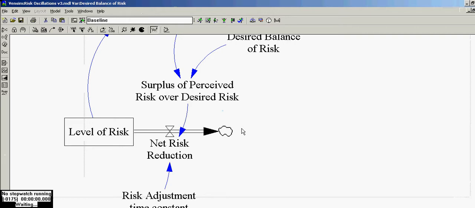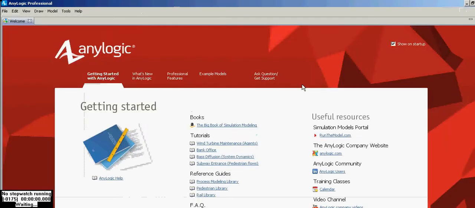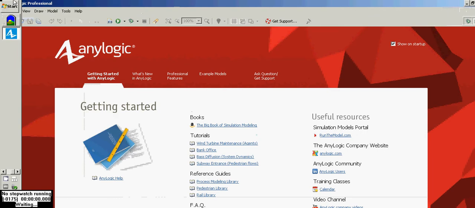We're going to be going through several different examples, but I'm going to do them in this package, AnyLogic. So I want to create a new model. Things are taking a bit of time. Okay, new, and we're going to call it